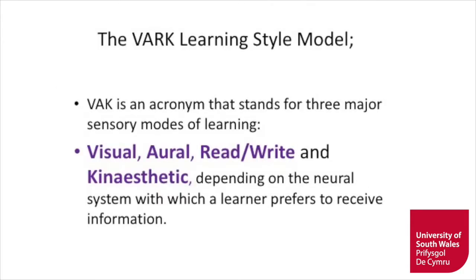So, recapping, VAK is the acronym. It stands for your major senses or modes of learning. So it's around visual, audio or oral, reading and writing, and kinesthetic, depending on your neural system, which a learner prefers to receive information. So chances are